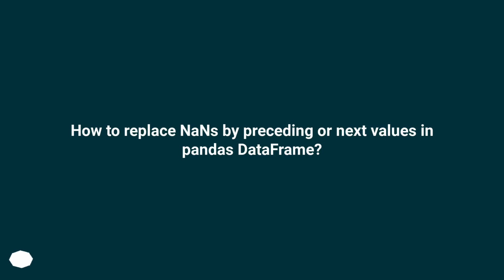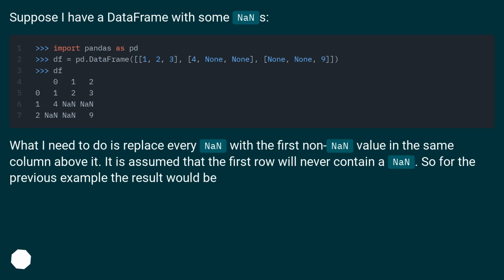How to replace NaNs by preceding or next values in pandas DataFrame. Suppose I have a DataFrame with some NaNs. What I need to do is replace every NaN with the first non-NaN value in the same column above it. It is assumed that the first row will never contain a NaN. So for the previous example, the result would be